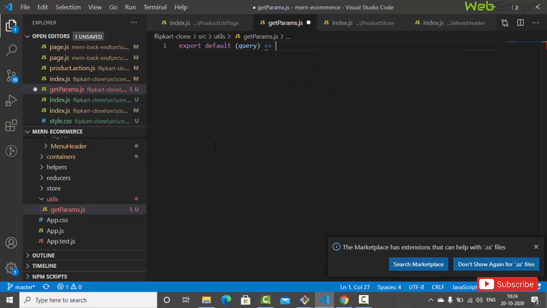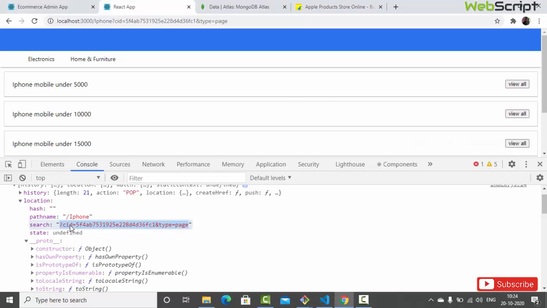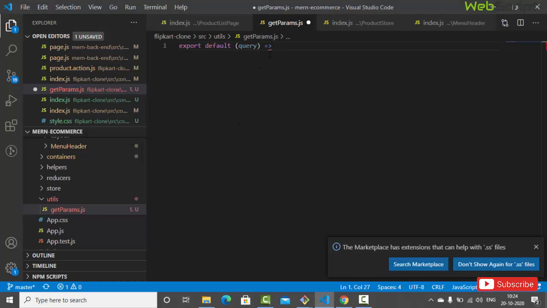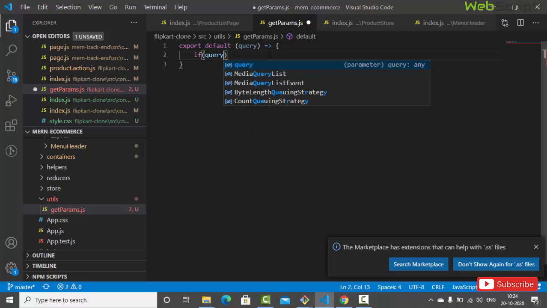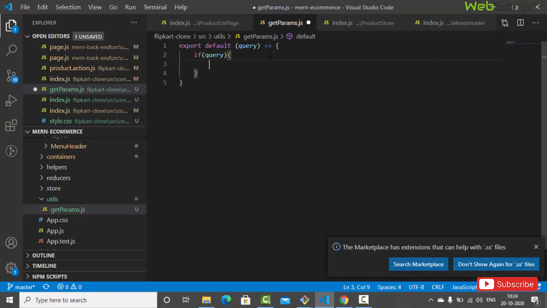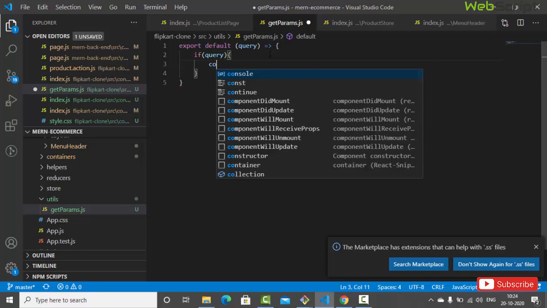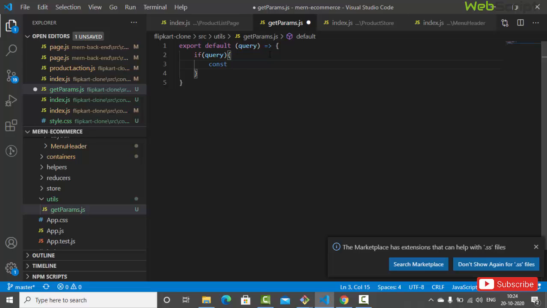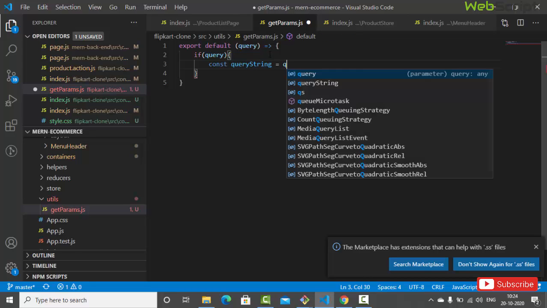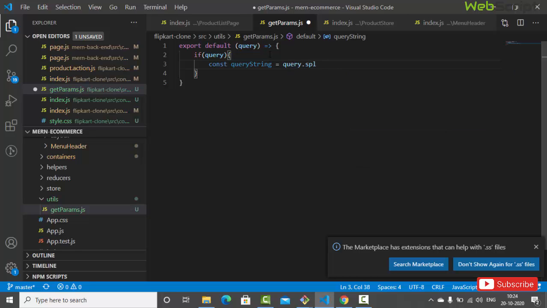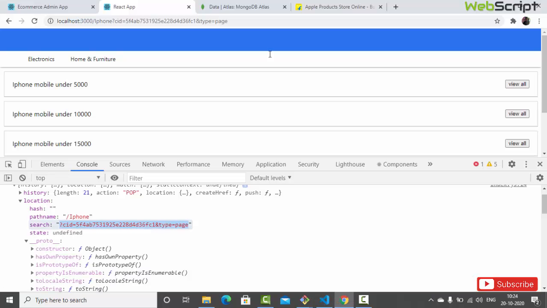So that query is actually that search, this one, the search, I'm calling it query. Okay, and here we'll return, right? So we'll say if query exists then it is good to go, and we'll say const, and here we have query, right? So here we'll say queryString equals to, and we'll use the query.split, and here we have a